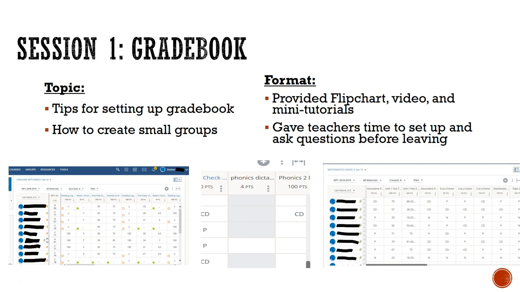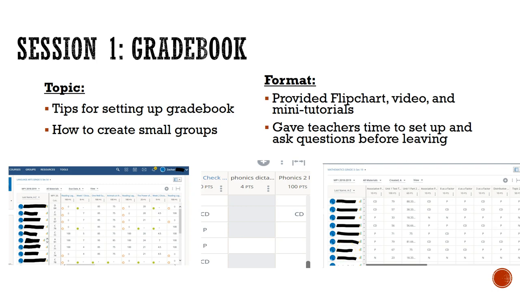This sounds kind of simple, but there were a lot of people struggling to just even access their gradebook with ease. Once we went through this, I showed them how to create small groups so they could put in grades from when they pull their small groups in their classrooms, since this is a focus that we have at Logan. On the bottom outsides, you can see that 2 teachers were able to successfully add grades, navigate features